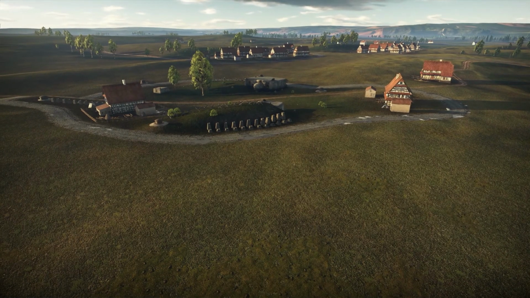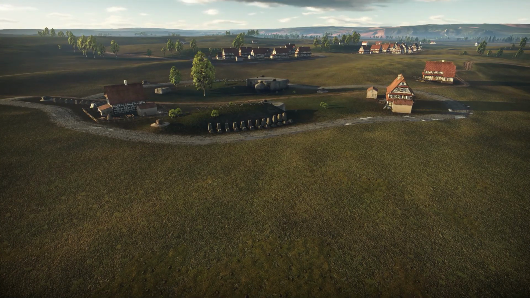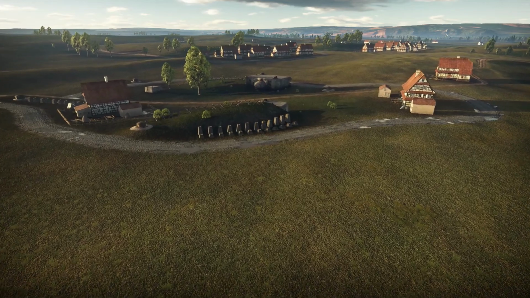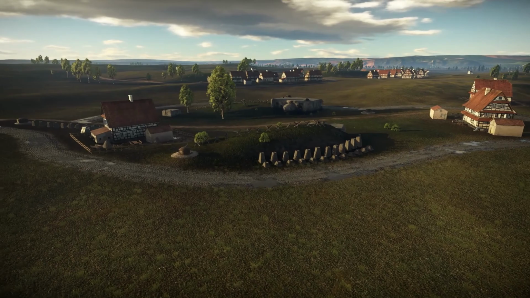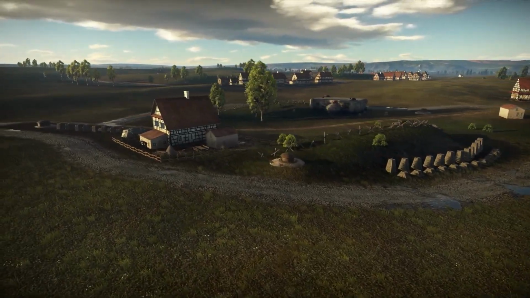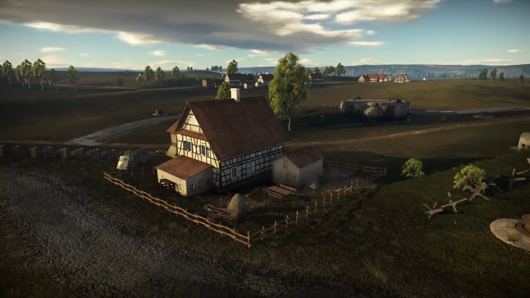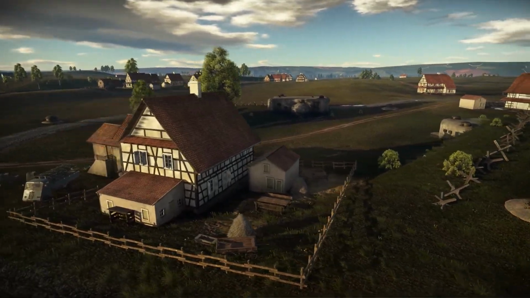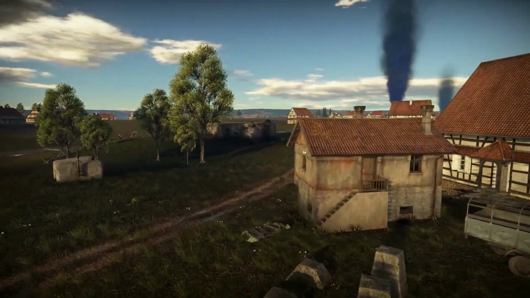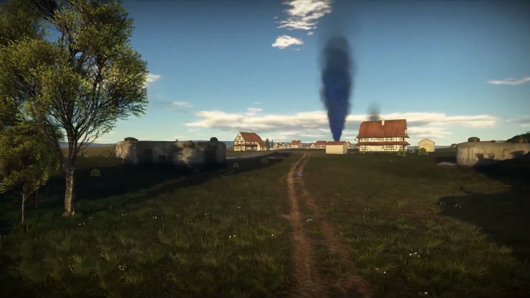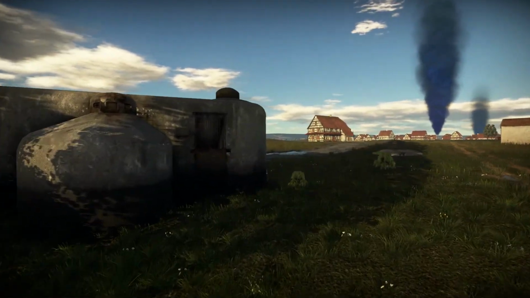Quite possibly one of my most favorite locations in the map. It is, in my opinion, a hidden gem of a location to fight from. It allows you to maneuver pretty silently throughout the map. Shouldn't be telling you guys this, but you guys saw it on one of my, or a couple of my games now.